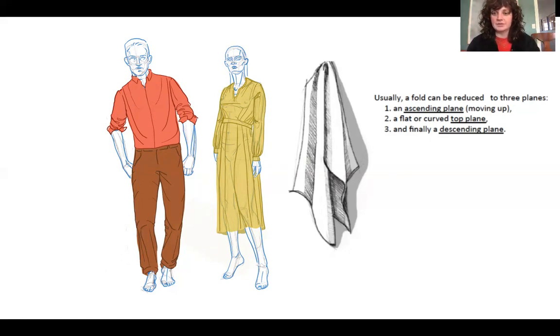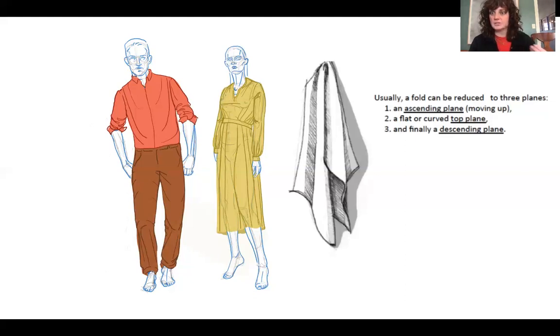So the 3 planes that you're really looking for in every fold that you're seeing is an ascending plane, a top plane, and a descending plane. Sometimes you can see all of them facing you. Sometimes the descending plane is going to recede back under the top plane, which is actually how I am showing it here. So what you want to do is, when you're drawing, observe and describe as much